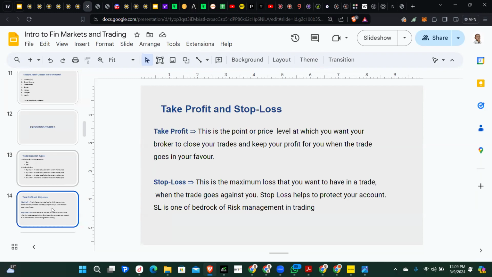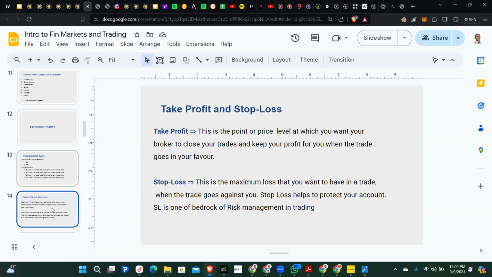So why do you use take profit? Let's say you've placed the trade and you are not online, but you want the broker to close the trade when the market goes to a particular level, then you set your take profit. So once price gets to that level, your trade will be automatically closed and your profit will be in your wallet. And also, if you have a loss, it should still be deducted from your wallet. So it can be either of two ways. When the market goes in your favor, you make profit, but when the market goes against you, you make a loss.